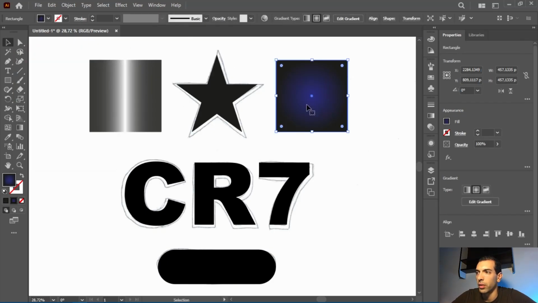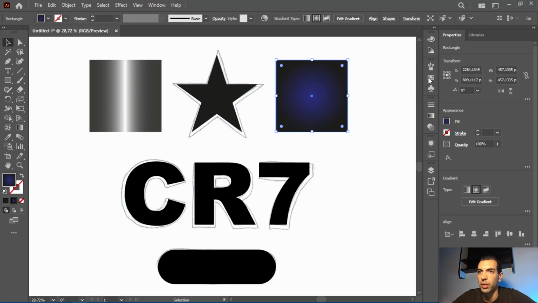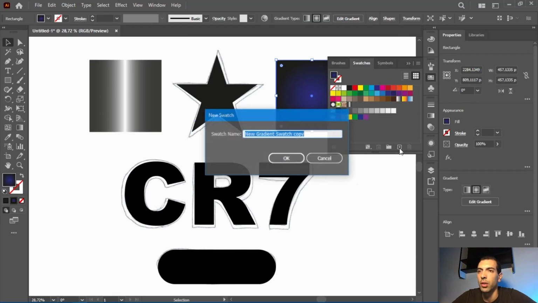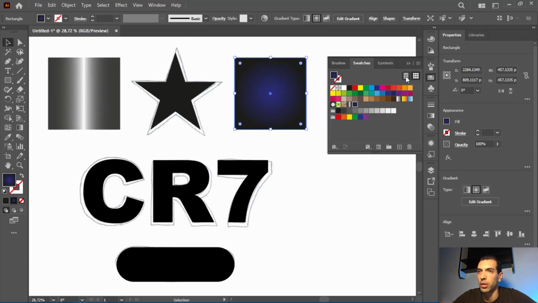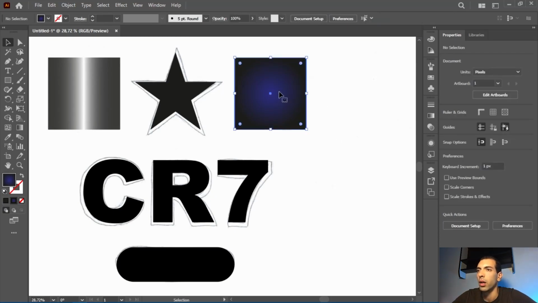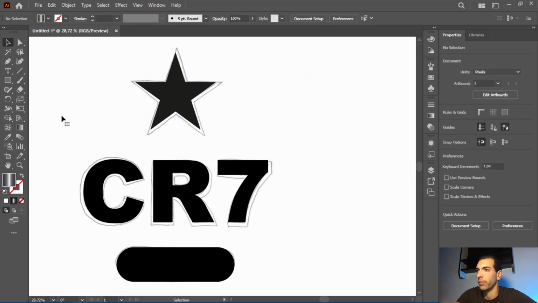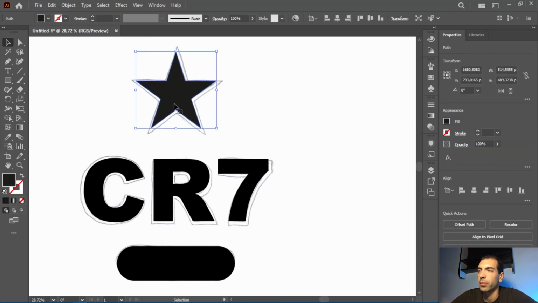Gonna go to selection tool, I select the square, make sure you see the gradient in the fill right here. I go to swatches, I'm gonna do the same thing, new swatch, OK, and just like that I saved the second gradient right here in these swatches. I can delete this square, I no longer need it, and same thing for this square, delete. What I'm gonna do now, I'm gonna select this star,